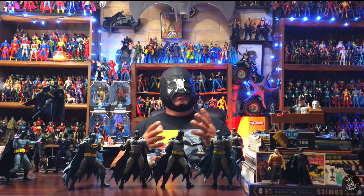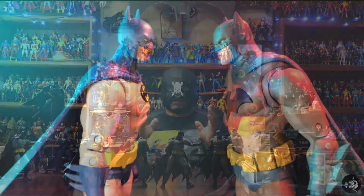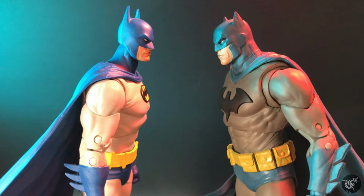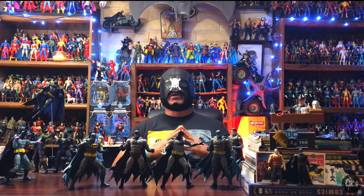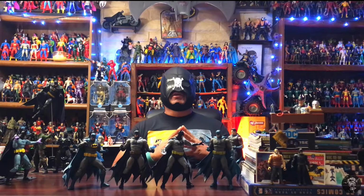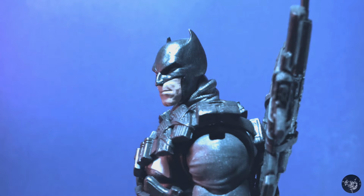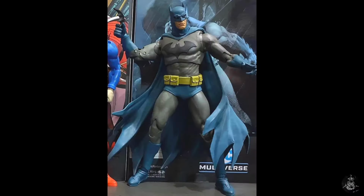Now, at first, I thought definitely going to have a 50-50 chance that it's going to be either Hush Batman or Nightfall Batman. So that was a given. I pretty much knew that. Now, if you don't know, I've been a big time supporter of Hush Batman. Can't really put my finger on it, but he is by far my favorite Batman from McFarlane, except for Grim Knight. But when you're talking about standard comic book versions of Batman, I really prefer the big stature and hulking